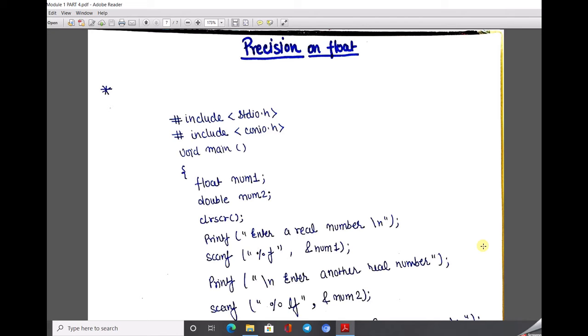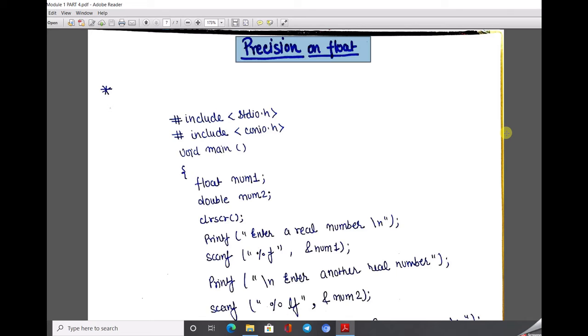So whenever I give the instruction to the computer to stop at a certain point, this is also done with the help of precision on a float number. That means we can instruct our computer by applying the precision function over the float.